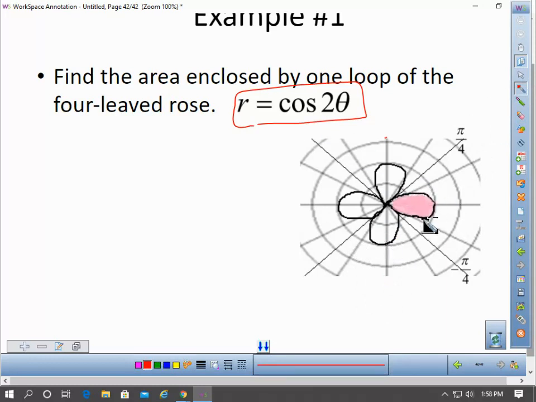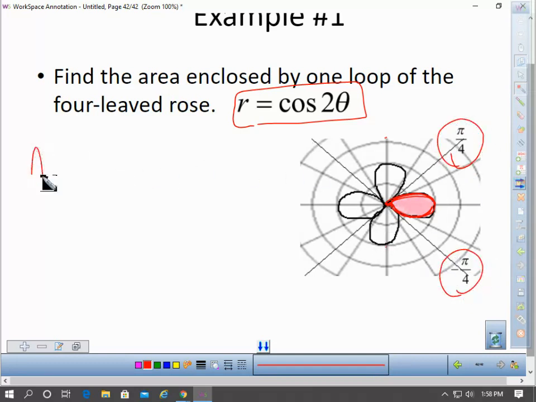So to get this one little flower here, I'm going 0 to pi over 4. Pi over 2 takes me way down here. So 0 to pi over 4 is this upper piece. So to get this bottom piece, it's just easier to think of this as going 0 to negative pi over 4. All right, going backwards. So to get this one petal of this 4-leafed rose, we need to integrate from negative pi over 4 to